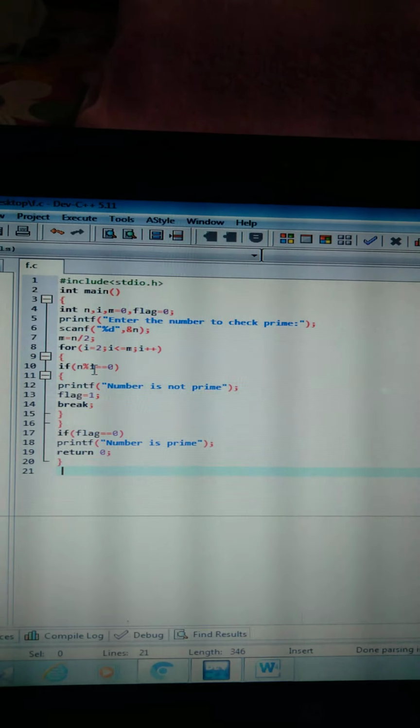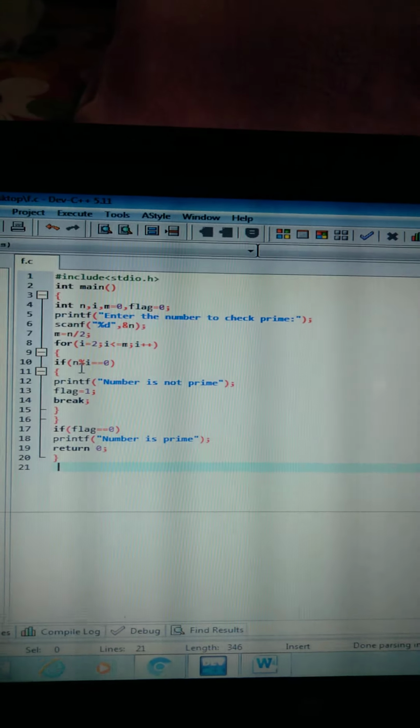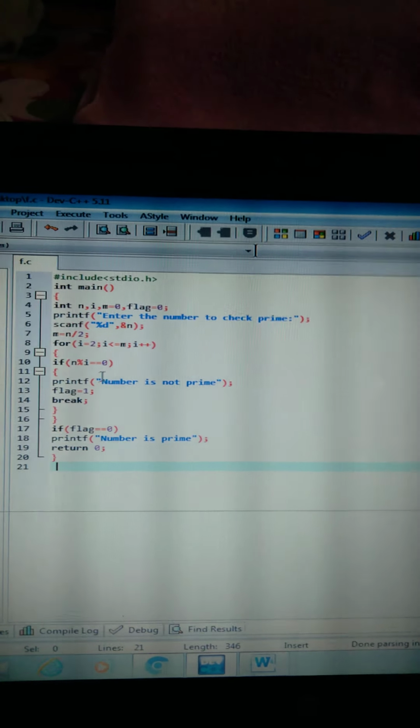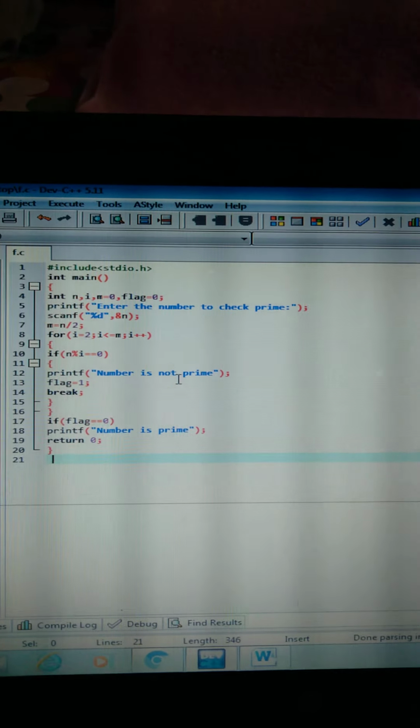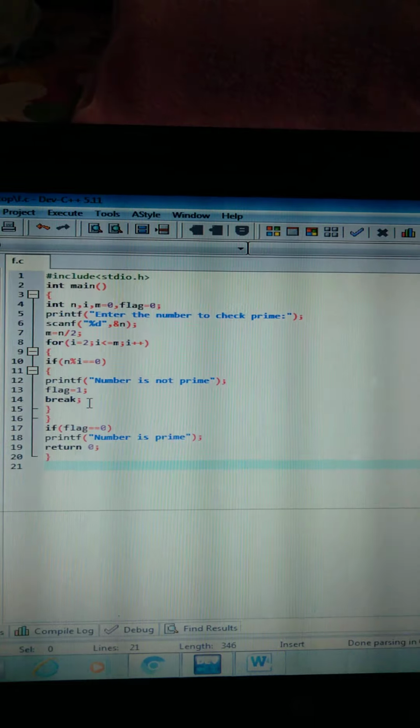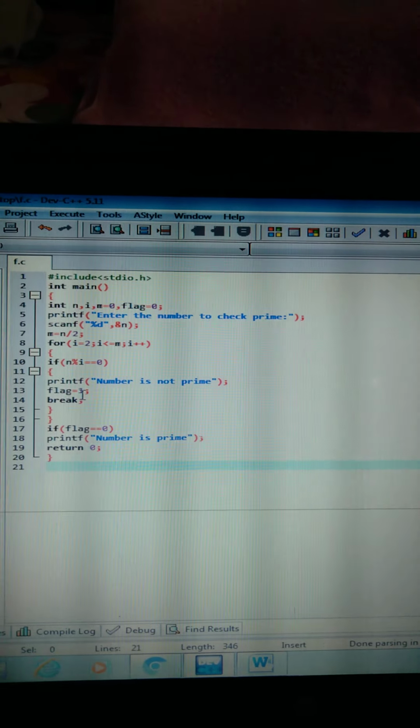Then we have to check the condition here. If n modulo i is equal to 0, then the number is not a prime number, flag is equal to 1 and break appears here. Then the program execution stops.